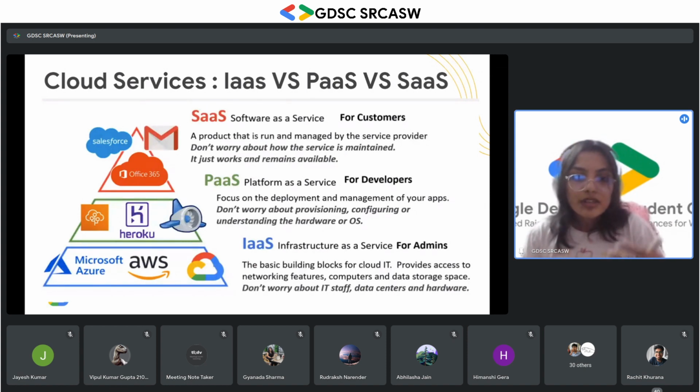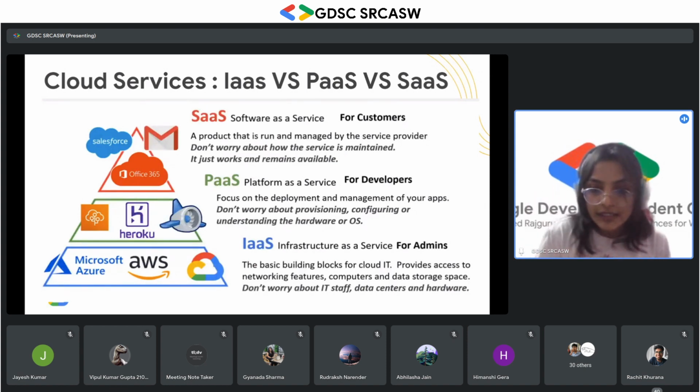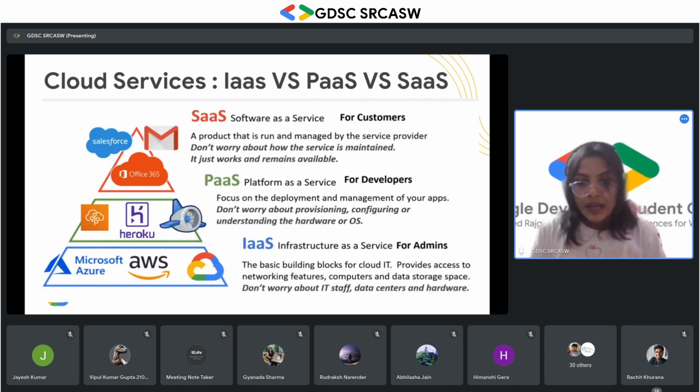Platform as a service, it is for developers, because अगर आपने कुछ product बनाया है, if you have created a product like simple website and you want to deploy it, तो यहाँ पे आपके पास रिस्पॉन्सिबिलिटी क्या होती है? आपकी अगर वेबसाइट है, एप्लीकेशंस है, आपको उसका डिप्लॉयमेंट, लाइक इट शुड बी अवेलेबल एवरीवेयर, इट शुड हैव द प्रॉपर कॉन्फ़िगरेशन सो दैट इट इज एक्सेसिबल। सो यू हैव टू टेक केयर ऑफ द डिप्लॉयमेंट, जहाँ पे आपने डिप्लॉय किया है उस प्लेटफॉर्म का भी ध्यान रखना पड़ता है, एंड एज वेल एज योर ओन कोड बेस, दैट कम्स अंडर प्लेटफॉर्म एज अ सर्विस।